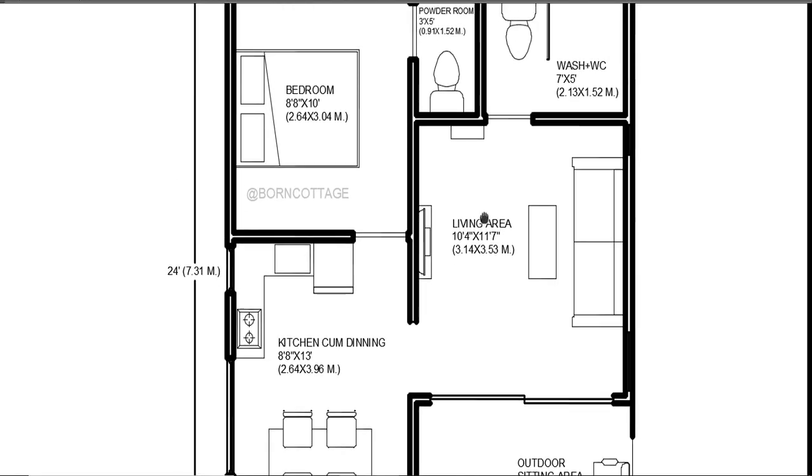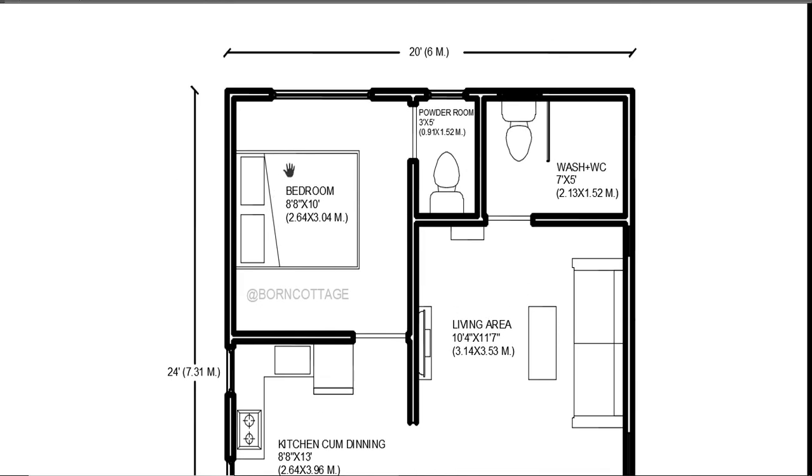If we go inside, on the left side we have the bedroom here. You can see here the bed arrangement and also a large size window for ventilation and light purpose, and we have an attached powder room with this room. You can see here the water closet and the ventilator for ventilation of this washroom, and on the right side